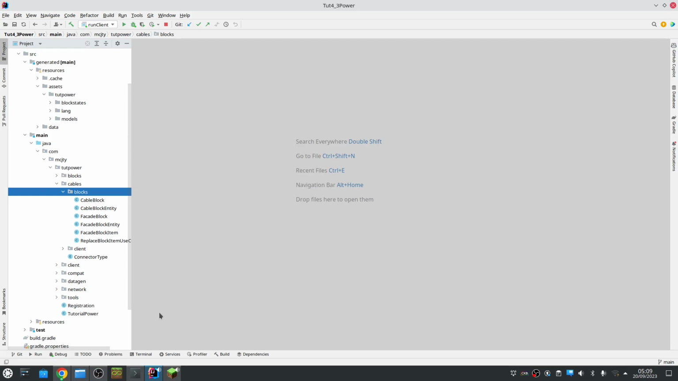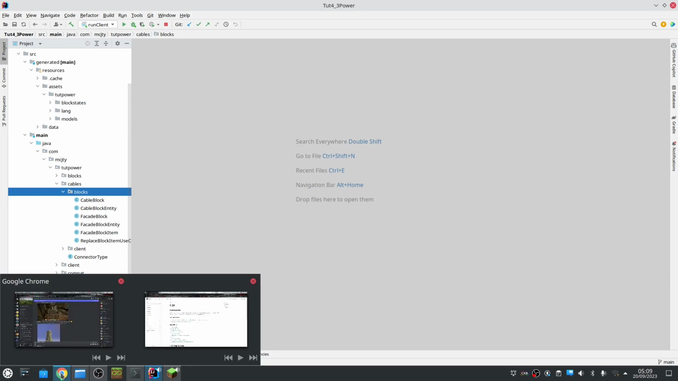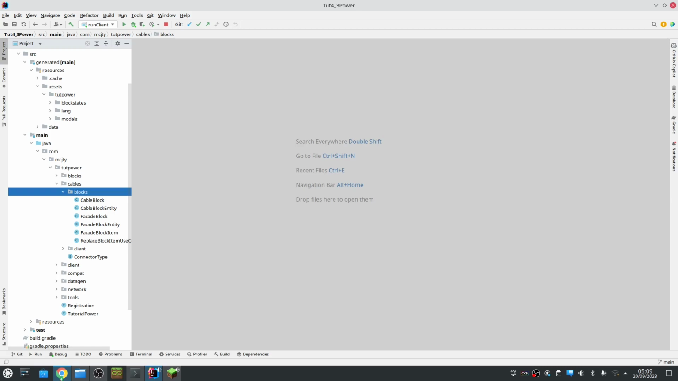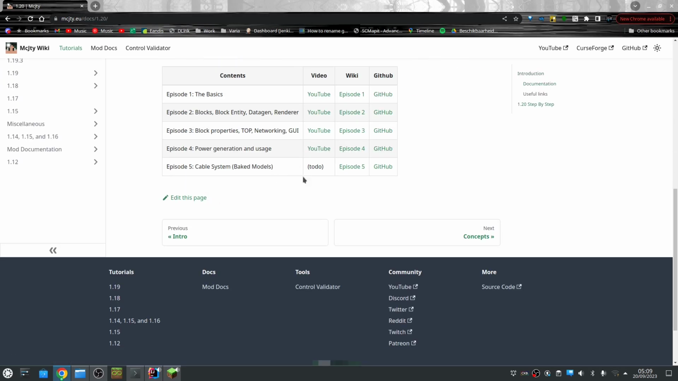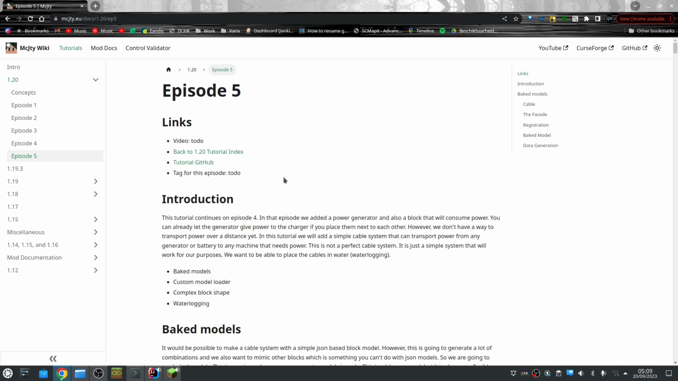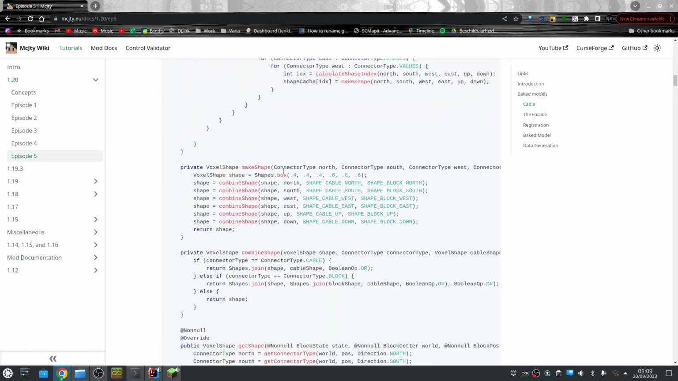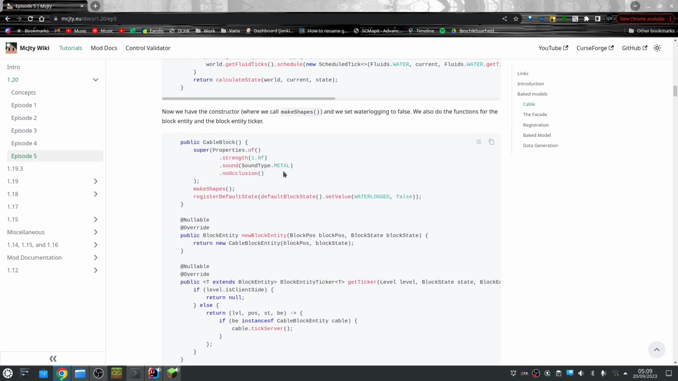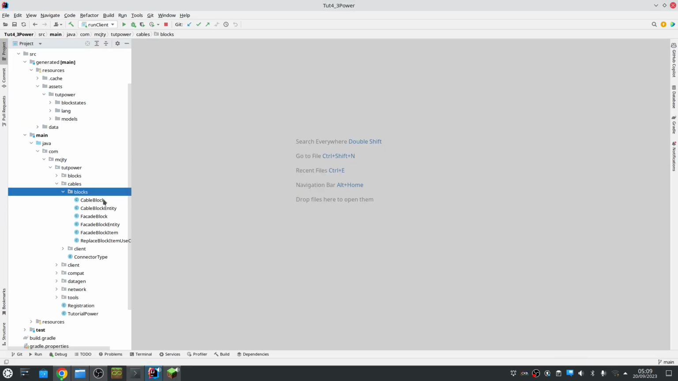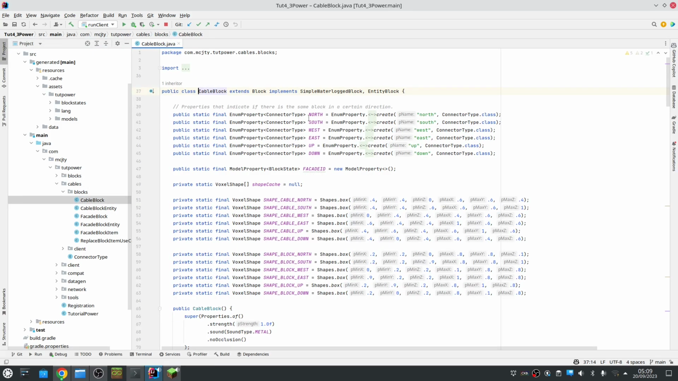By the way, I would also like to clarify that this tutorial is already on the wiki, episode 5. So you can find the text-based tutorial right here. So let's start with a cable block. It's a simple